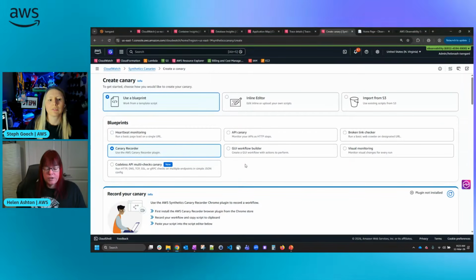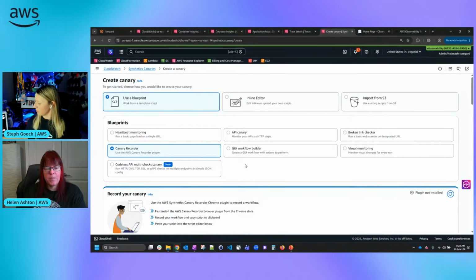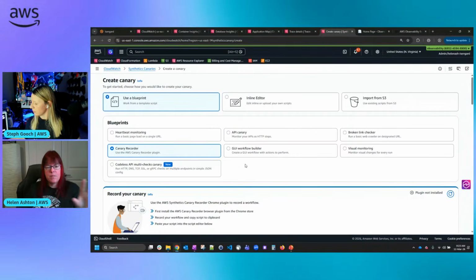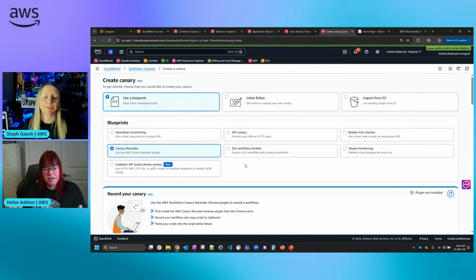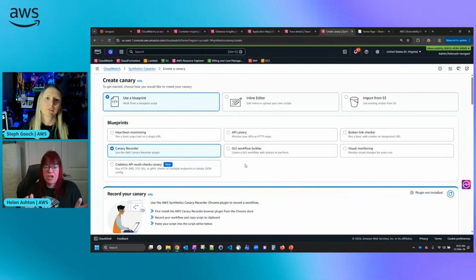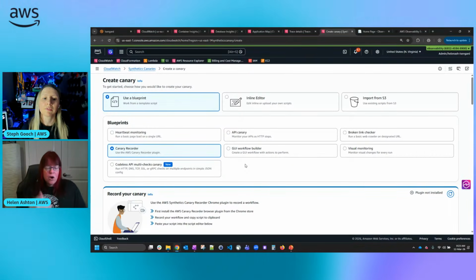But if you want to know, is my key front page information showing up in the right way, for example, or if you have multiple different people writing different parts of your website and you want to check that they're consistent, that's a great one to do. And you can actually see the changes. I don't have one set up to show you. But beyond that, those are the easy ways in.